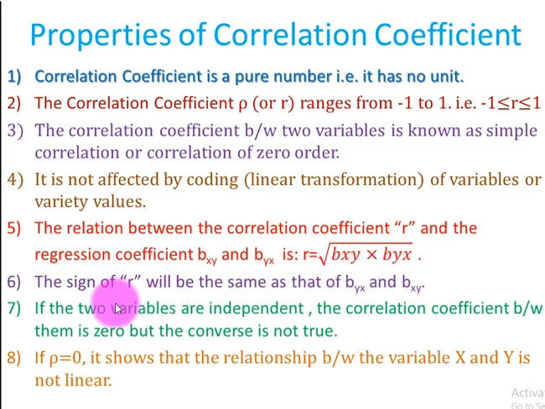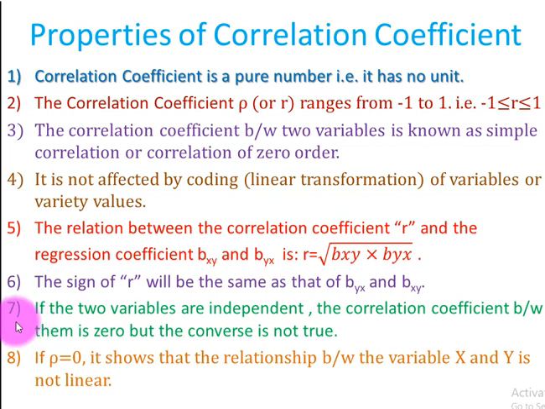Okay, the sixth one is the sign of r, that is correlation coefficient, or rho, will be the same as that of beta yx and beta xy. If you have the plus signs or positive signs of beta xy and beta yx, then the sign of r or rho, that is correlation coefficient, will also be positive. If these are negative, then this will also be negative. Okay,